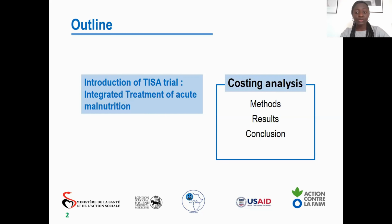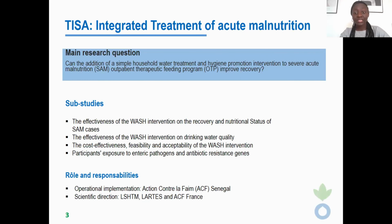We will then move on to presenting the costing analysis. TISA, Integrated Treatment of Acute Malnutrition, is a cluster randomized controlled trial trying to answer the following question. Can the addition of a simple household water treatment and agent promotion intervention to severe acute malnutrition outpatient therapeutic feeding program improve recovery? Objectives of the trial include the effectiveness of the WASH intervention on recovery and nutritional status of SAM cases,